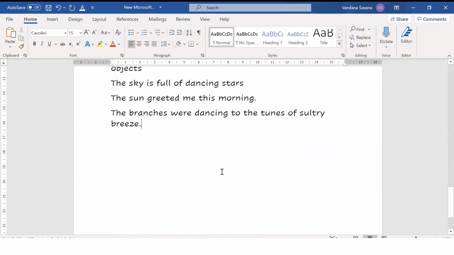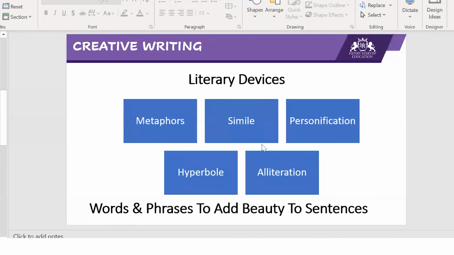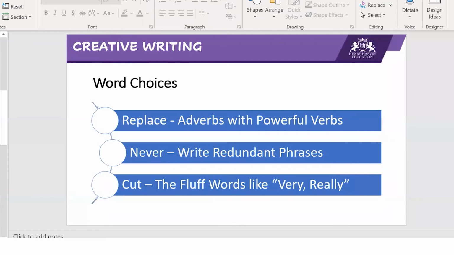Okay. So this is about the metaphors or literary devices. Now coming on to the word choices. So word choices is the most important part when you decide to write creatively.